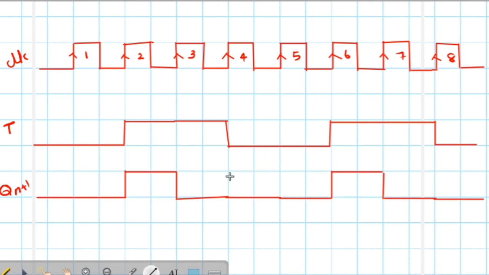Clear? So actually the T flip-flop is a modification of the JK flip-flop. If the inputs of the JK flip-flop are connected together, we get the T flip-flop. So we drew the logic diagram of the T flip-flop and explained its working with the help of the characteristic table. Then we derived the truth table, excitation table and characteristic table of this T flip-flop. Then we drew the logic diagram, the logic symbol, and then the waveform. Okay, so that's all about the T flip-flop.